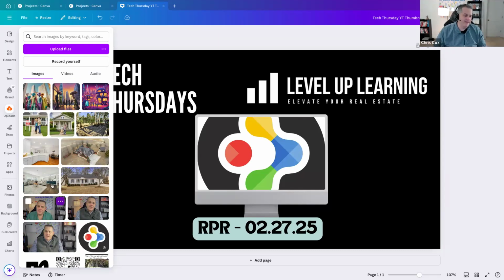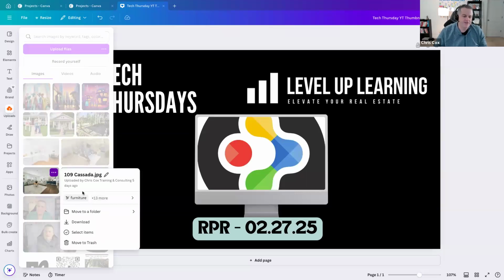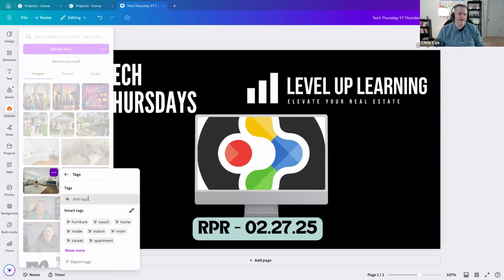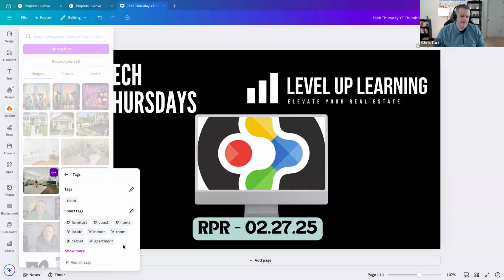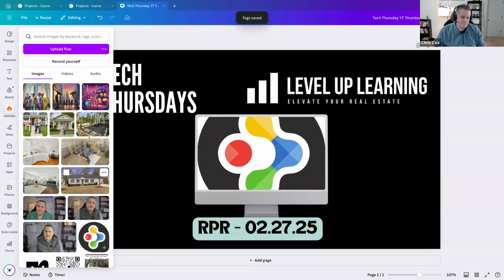I can go into any photo. Well, not going into any photo, but if I hover over a photo, you'll see the three dots. If I click on the three dots, you'll see these tags that come up here. So it auto-defaults to all sorts of different things. But if I just put in here "team," and I do that for all of my team members, and once I have it organized however I want, now I just put in the word team,